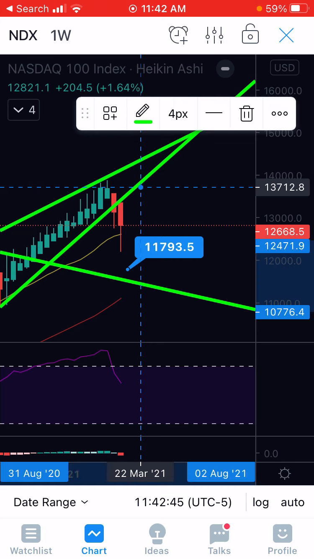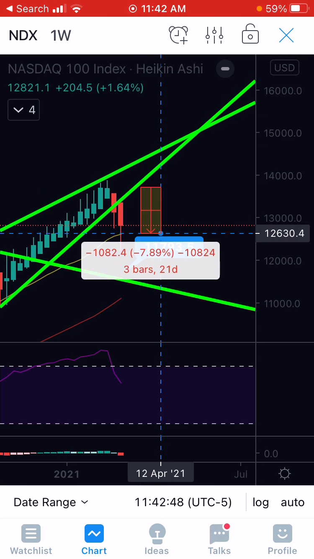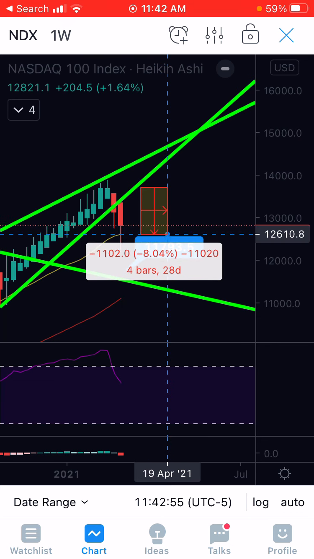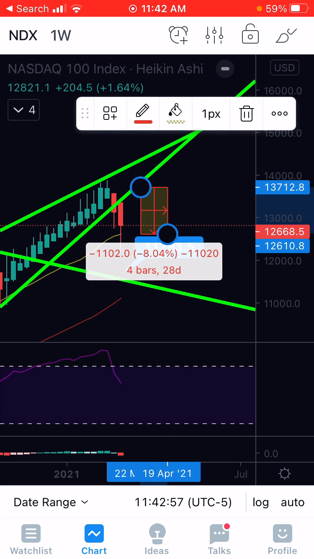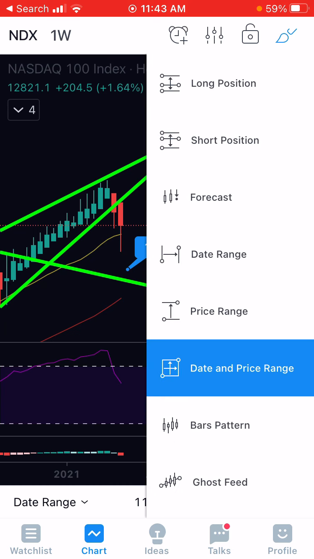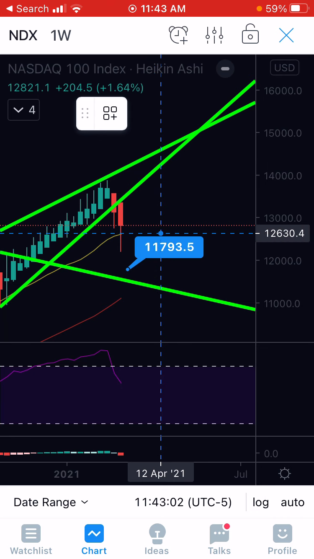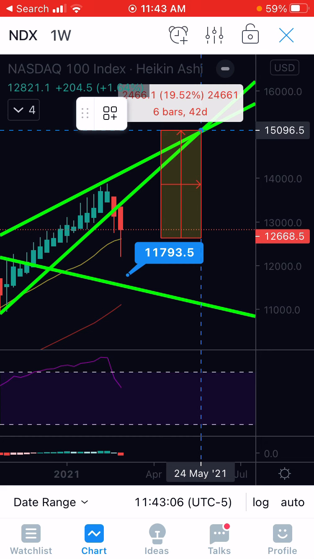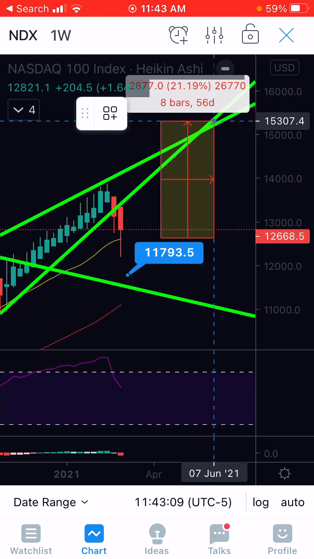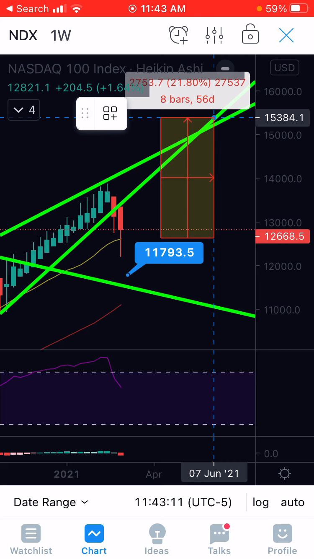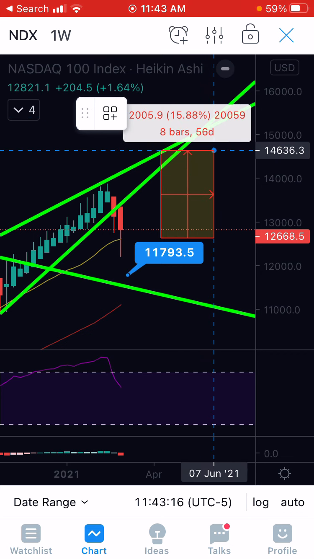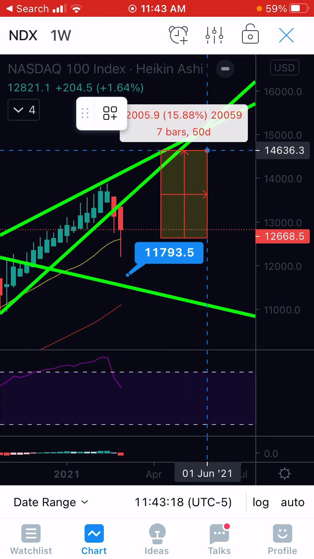From, say, this following week, we could drop 7 or 8% back to this 21 EMA, or we could double bottom down here, 11%, right? And then what if we continued doing what we've been doing? If we bounced here on the following week after that, and we ran up, we could run up all the way up here if we ran up the same as prior, 22%. Could get back up on this trend line here potentially, right? Or we could just trend underneath it and still run up 15, 16%, depending on how it works out.